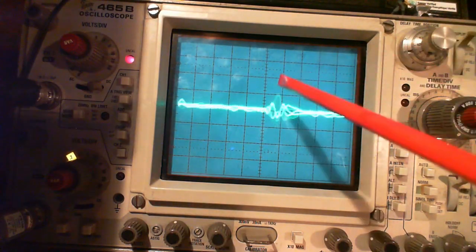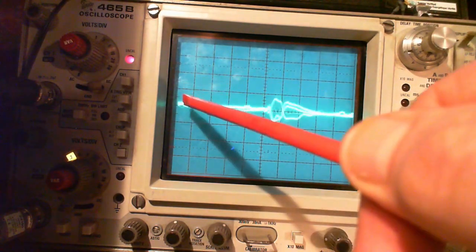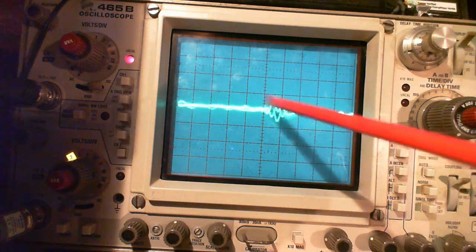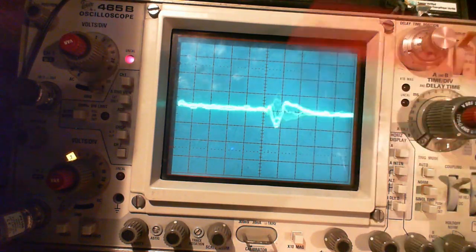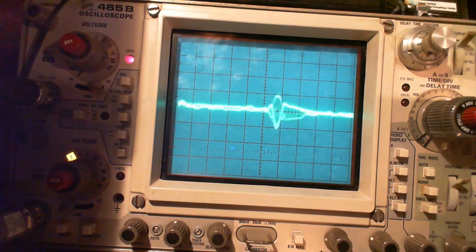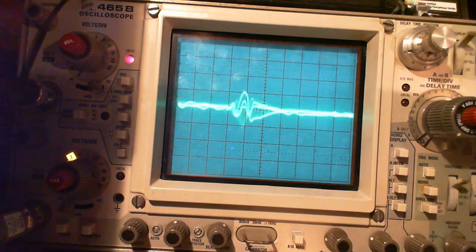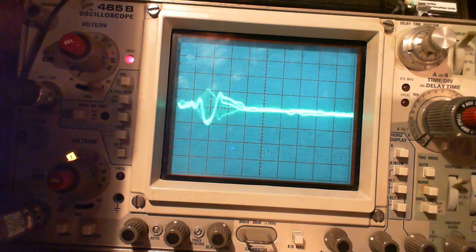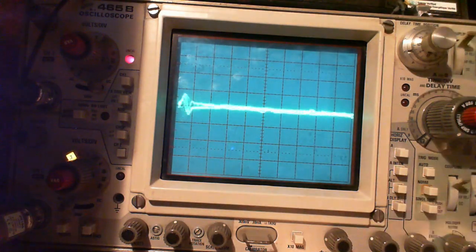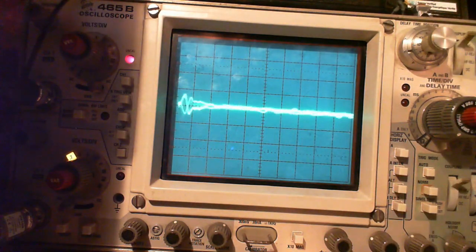So we can figure out what frequency this is by me moving the start point over until it comes here. And then I can just read it off the signal generator. So I'm going to try to do that. Moving the start point over moves the malarkey. So there we are. The start point is right where the malarkey is. Malarkey is a well-known electronics term, by the way. And the frequency would be...